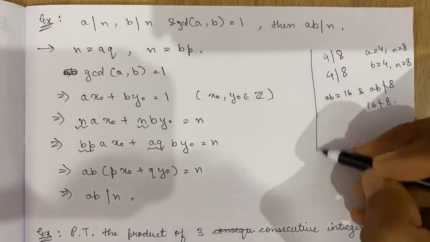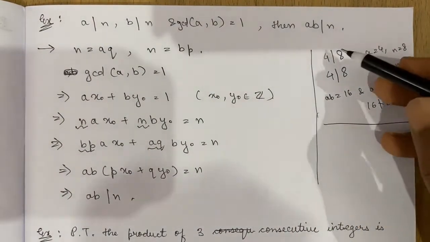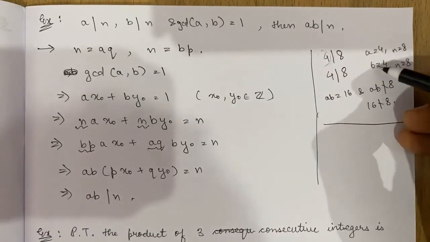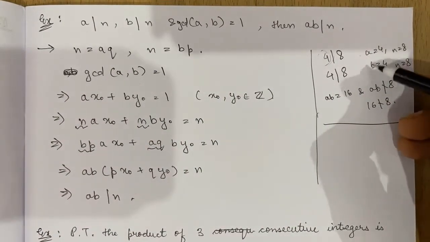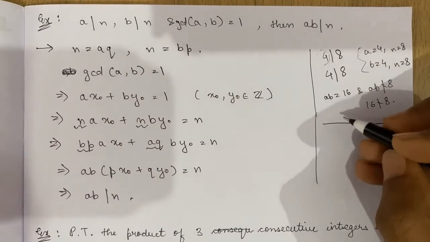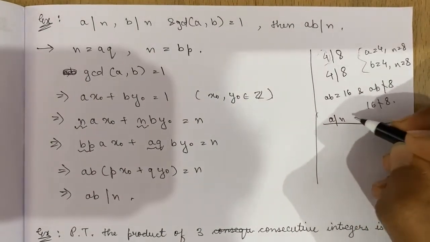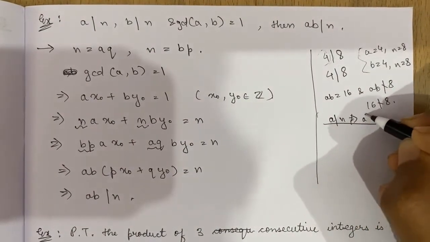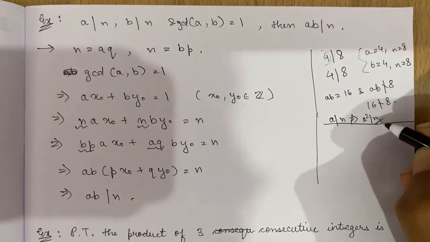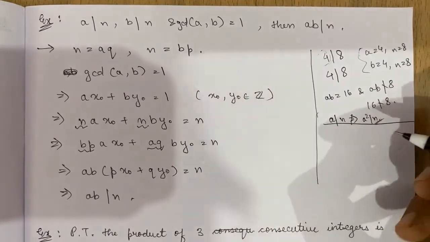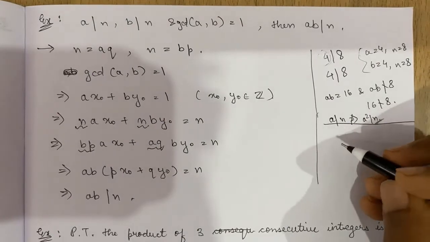This is one example. Another example could be, over here we take A equal to B, and so we got this property. This is also interesting because if A divides n, this does not mean A square would also divide n, which is what we are trying to say here. Another possible example could be